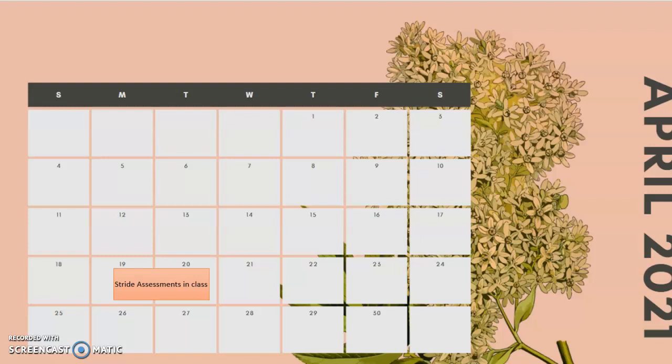For April, we're not quite in April yet, but we will be later this week. For April, basically, it's a pretty straightforward month. We're just wrapping up those last few standards. We'll be doing that stride assessment in class that second to last week of April. That will be in class, just like what we did back in February, but it will be for the standards that we've covered in between those two times. So make sure that's in your calendar. That's a great time for you to come to class with your student to help them get into stride, to help them be as successful as they can be.